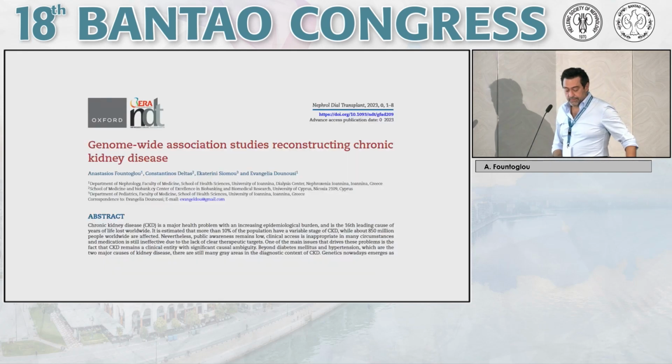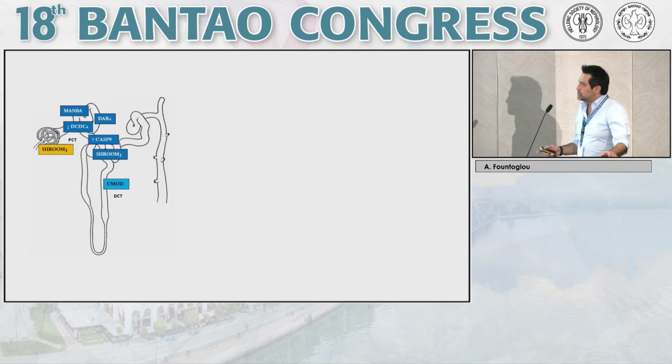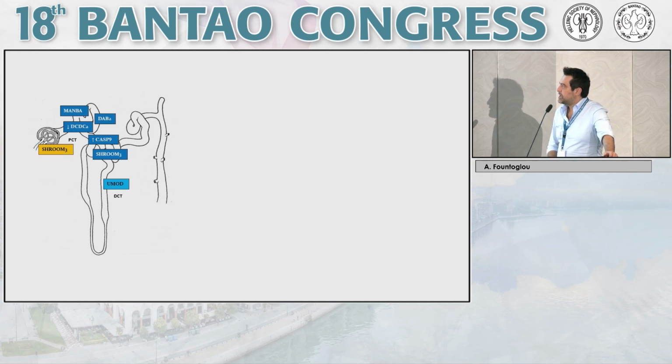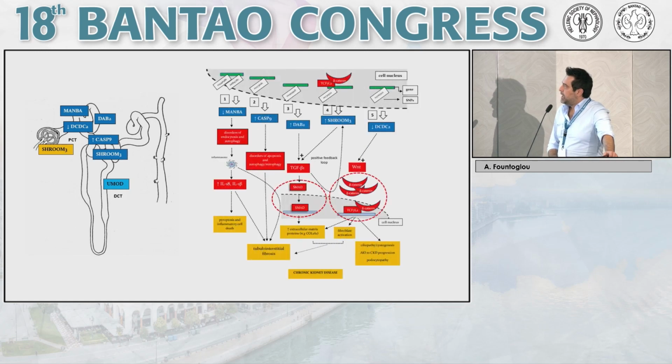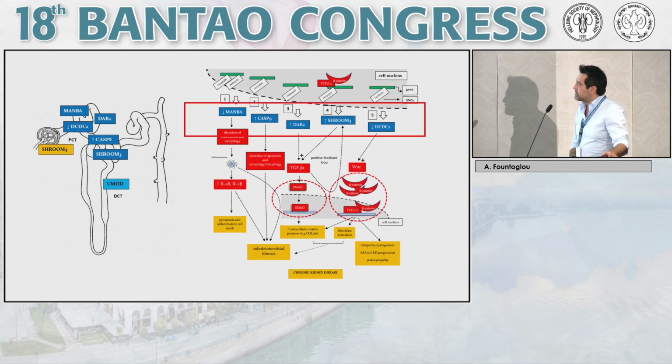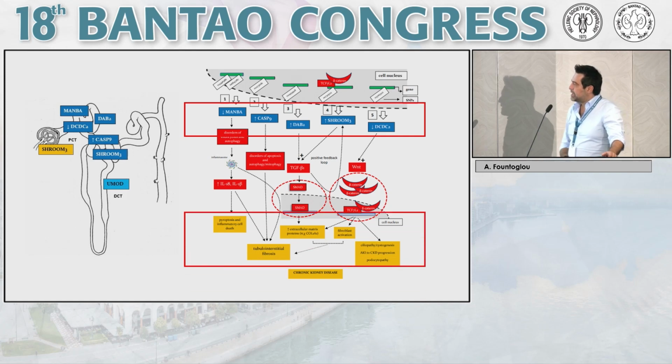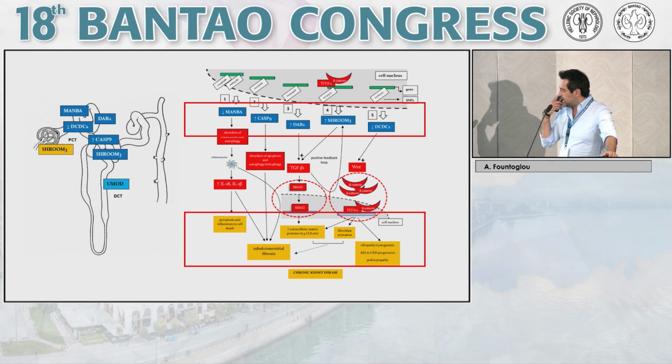In this recent review article at NTT Journal, we made an effort to summarize graphically the main GWAS genes that are associated with CKD markers or traits. As you can see in this first image, the majority of these genes are located at the tubulointerstitial space, and at this level, many of these genes govern biological pathways that end up in a common pathogenetic mechanism of CKD, tubulointerstitial fibrosis. This is an old knowledge of nephrology, but these studies have begun to reveal the genetics and biological